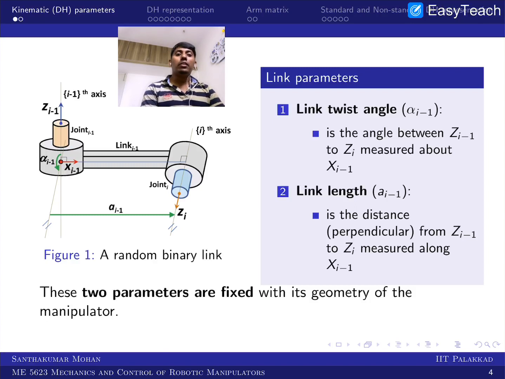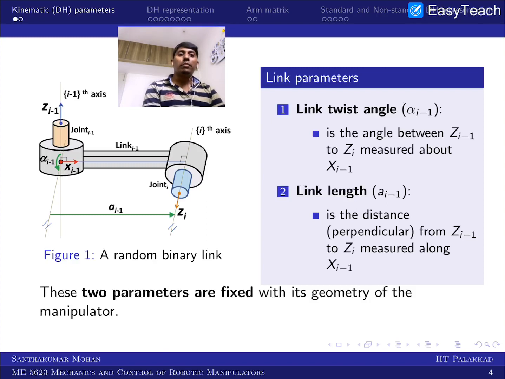The second assumption is that each joint has only one relative motion, in the sense that it can either translate or rotate. All other 5 motions are restricted. So there are 5 restrictions and one allowable motion. In that sense we bring it down to a joint with 1 degree of freedom, which is either a rotation or a translation.